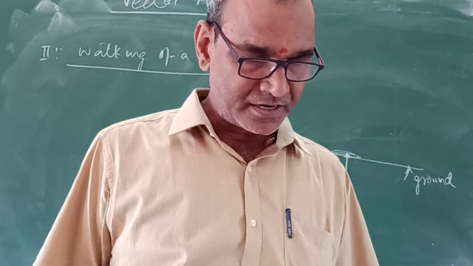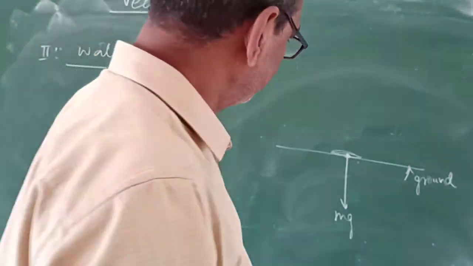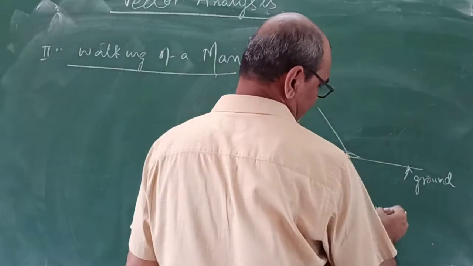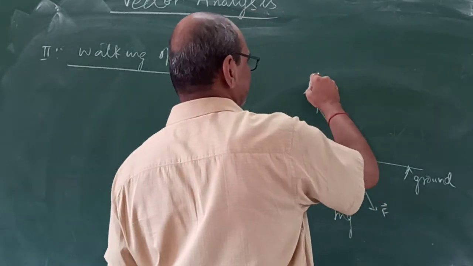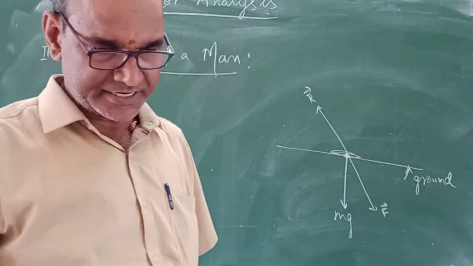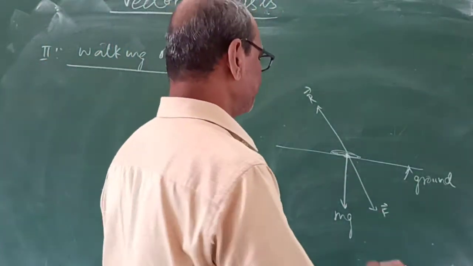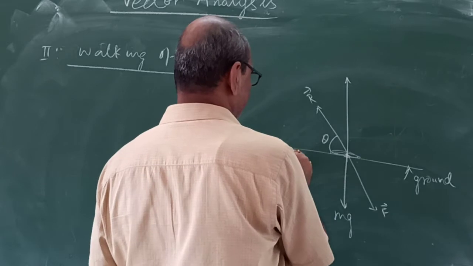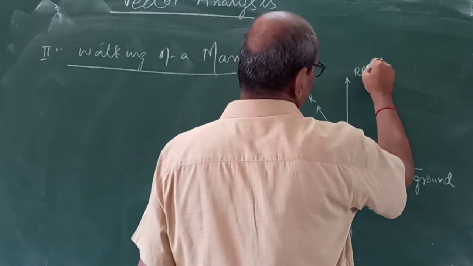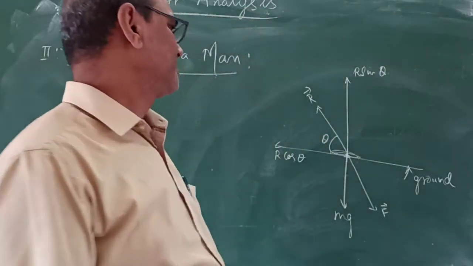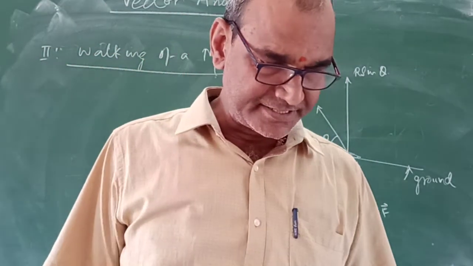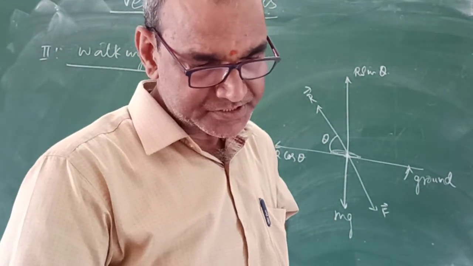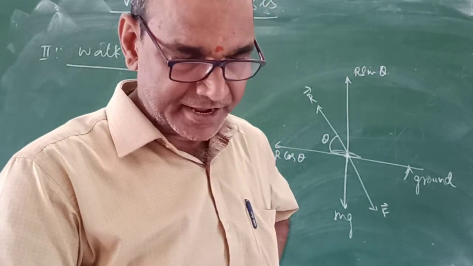Is it clear? Now, you press the ground, the applied force is in this direction. The reaction of this force acts in the upward direction. So the vector is resolved into two components. One is the R cos theta component, another one is the R sin theta component. The component of force F cos theta and the component of force F sin theta.